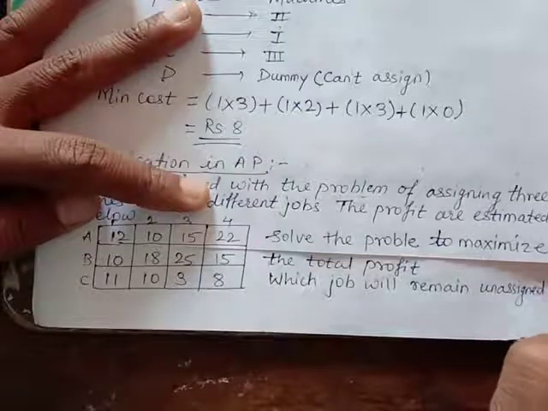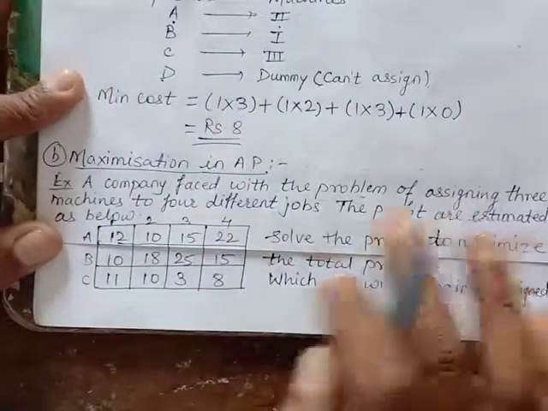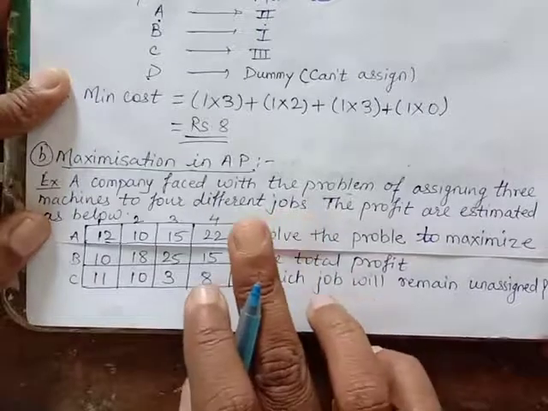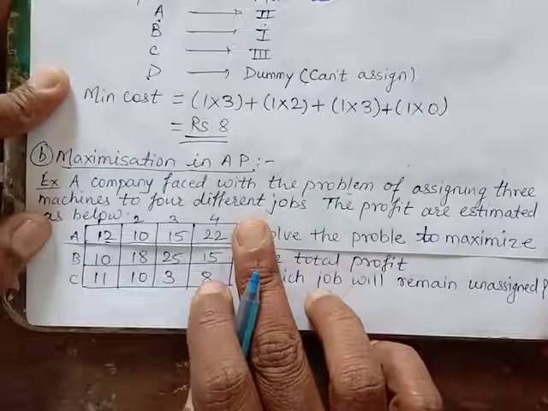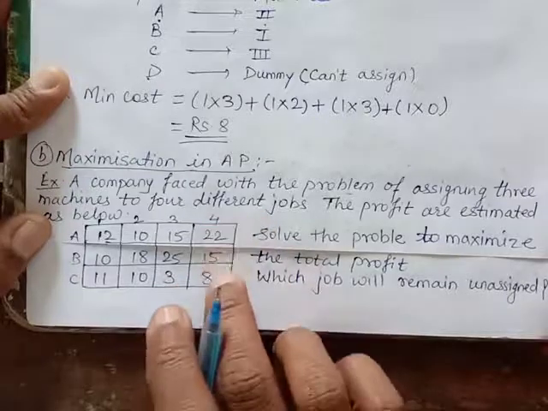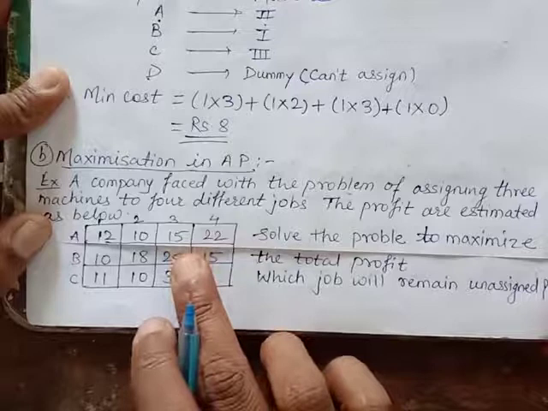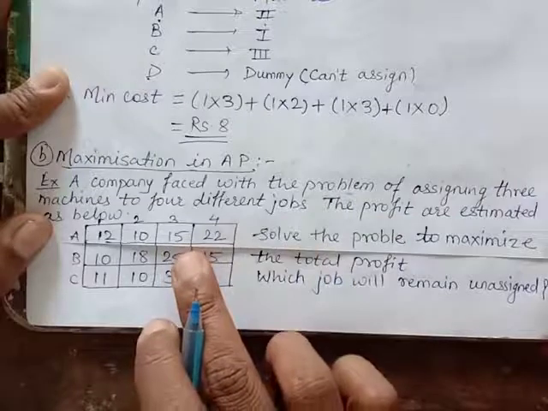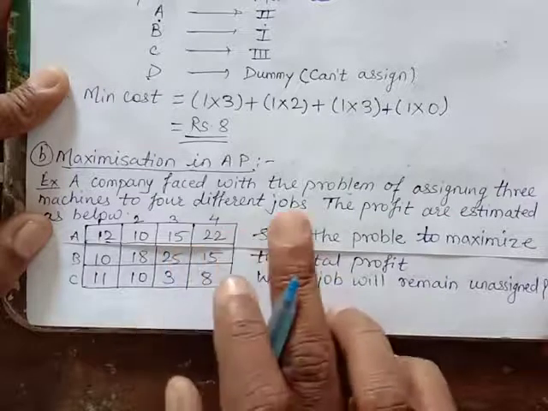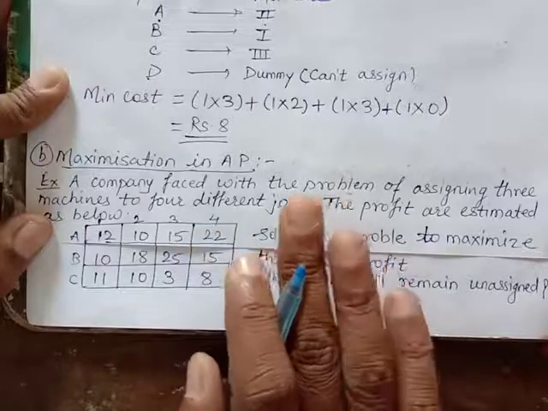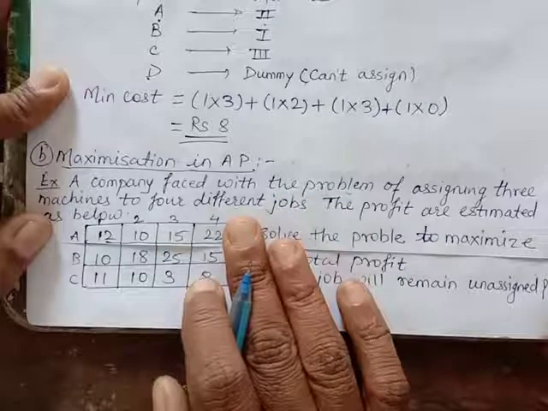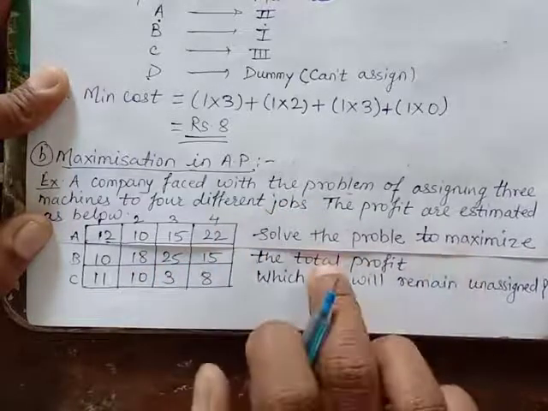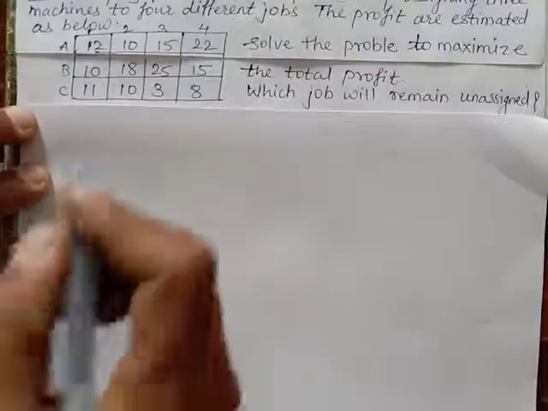This is our question. Now to solve this problem, as it is of maximization type of assignment problem, first of all, it is unbalanced, so make it balanced. Later on, as it is of maximization type of cost matrix, because these given values are profits, we have to reduce it into minimization type of cost matrix, and then we will solve by our regular method. We will obtain the assignments, and later on we will use this profit matrix to get the maximum profit.